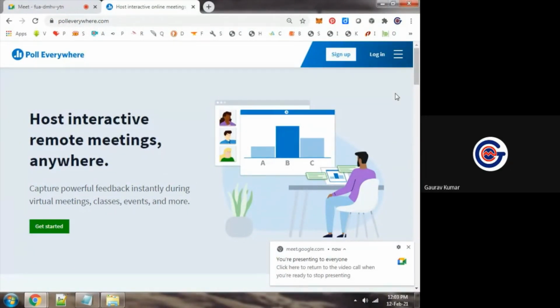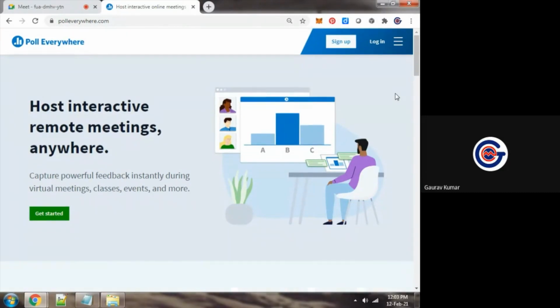Why am I covering this point? Because for a particular classroom teaching, we can use Moodle or Google Classroom. But if we want to collect data in real-time mode instantly, without asking anybody's details or mail ID, such platforms are very, very effective. If I create one quiz, poll or evaluation form here, without asking your mail ID or mobile number, I can collect data from all of you. And it will be very, very fast.